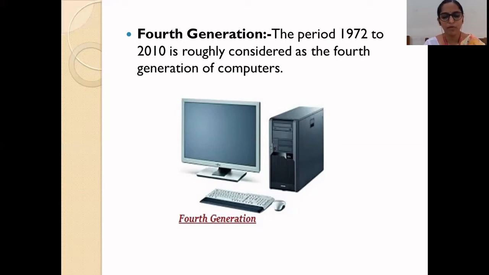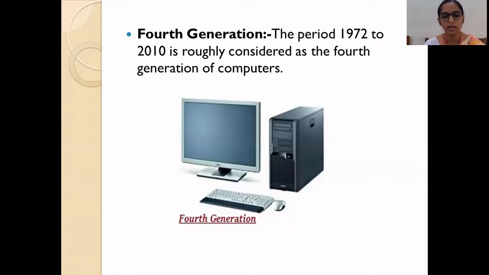The fourth generation computer was developed using microprocessor technology. The technology used in the fourth generation is the microprocessor. The fourth generation computers are very small in size and portable as compared to the first three generations. Okay, the fourth generation started generating a very low amount of heat. Its accuracy and working were faster. It does accurate work as well as fast work as compared to the second and third.